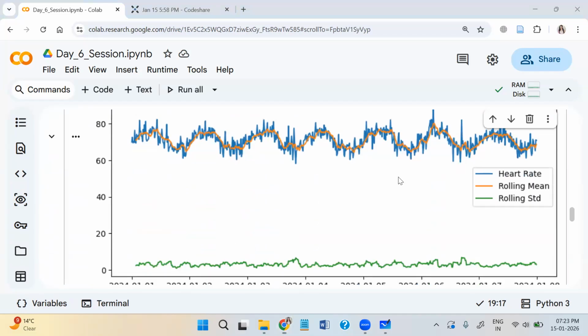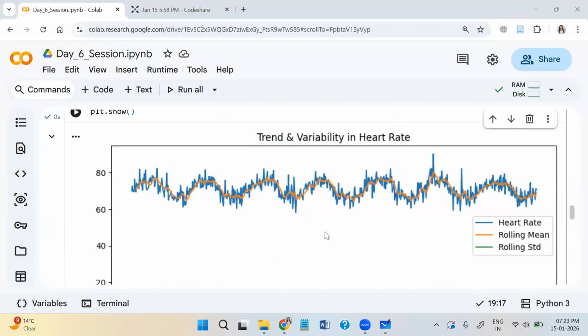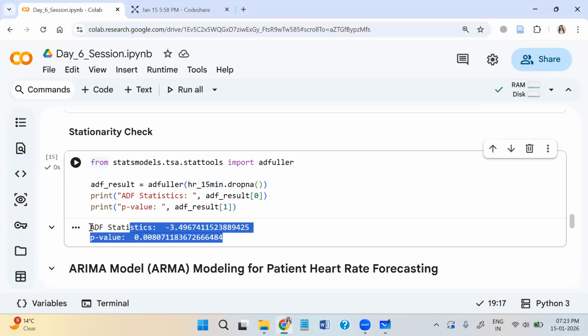So this blue one is showing the original heart rate, the orange one is showing the rolling mean calculated from this original heart rate, and this green one is showing the rolling standard deviation calculated from the original heart rate. Then I conducted a statistical test to check whether our data is seasonal in nature or not, mainly stationarity. For that, I conducted the Augmented Dickey-Fuller test, in which we are evaluating two parameters,